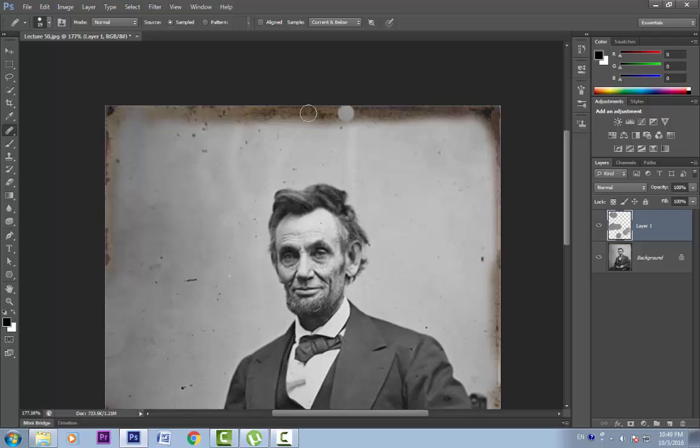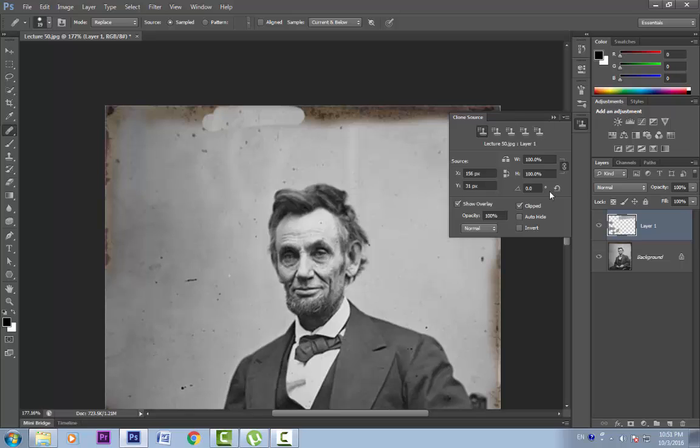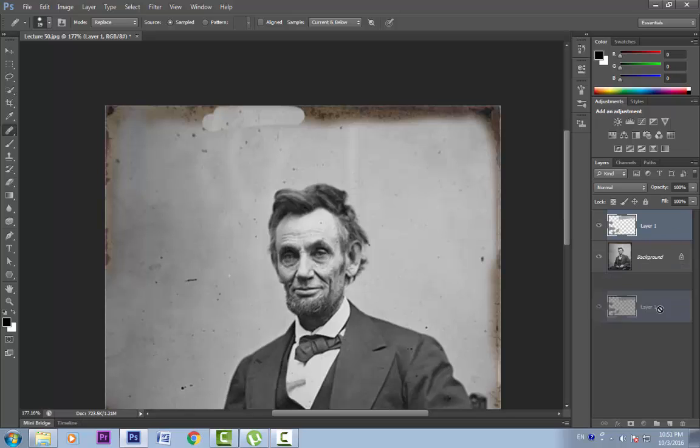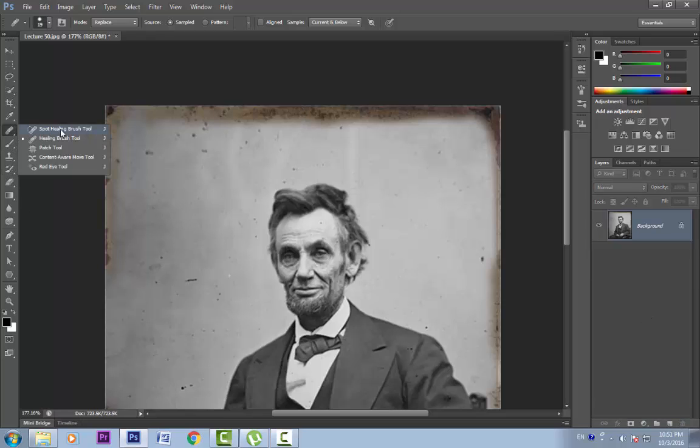Now let's look at this top area. It is a bit more damaged. If we try to heal it, it tries to blend them, but it is not doing a good replacement. Let's undo and look at this new blend mode called replace. And now if we sample and paint, it's not blending them, it is just replacing those pixels. With this healing brush also, we can use this clone source just like clone stamp tool. We have talked about all these options in our previous lesson. I'll delete this layer.